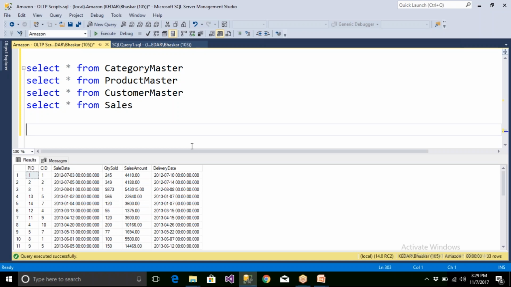Think like that. Okay, so using this as an architect, what they have to create is that they have to derive the data warehouse design.